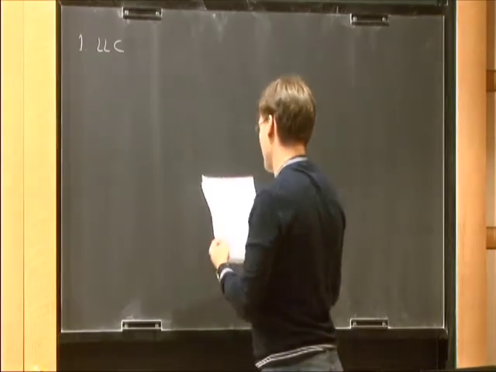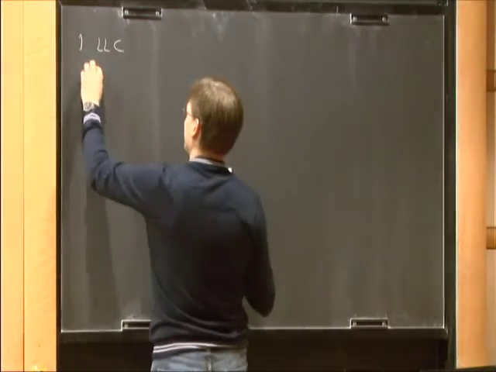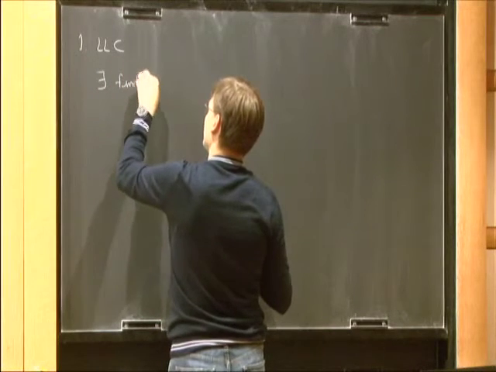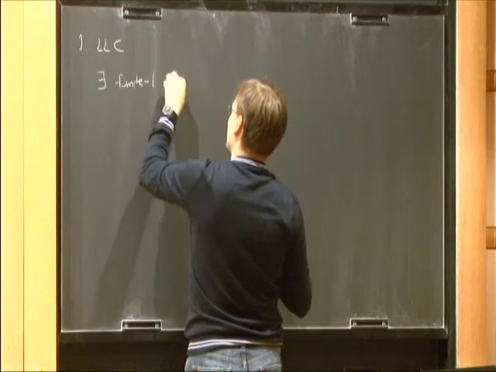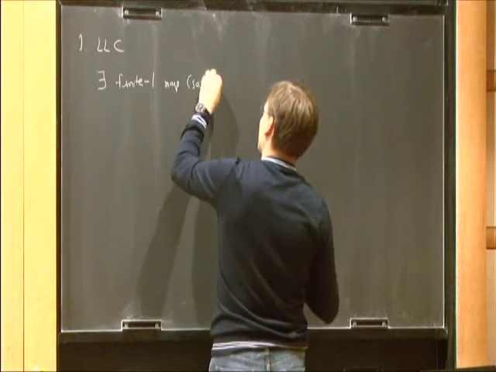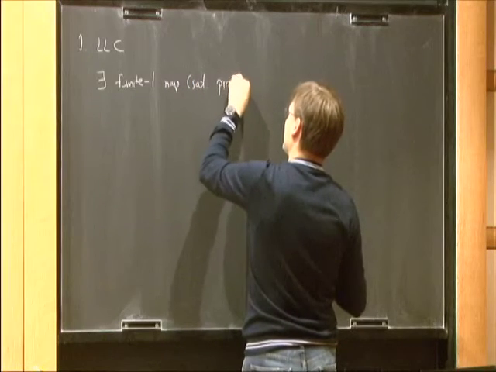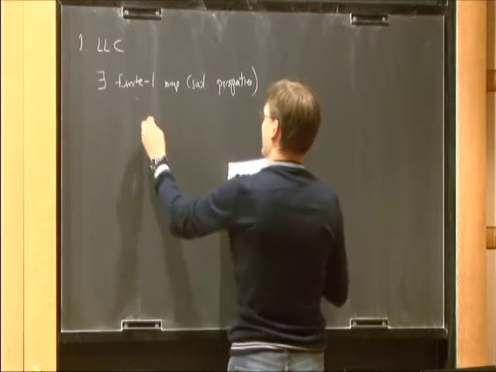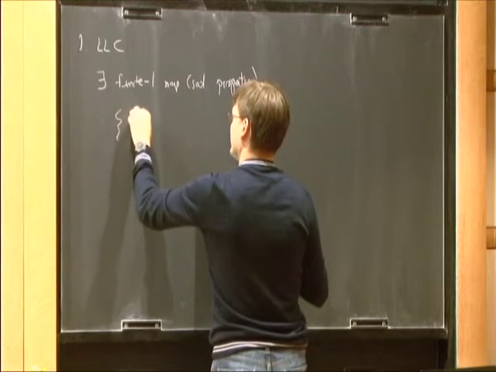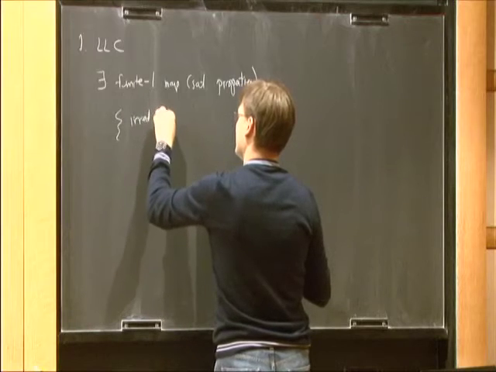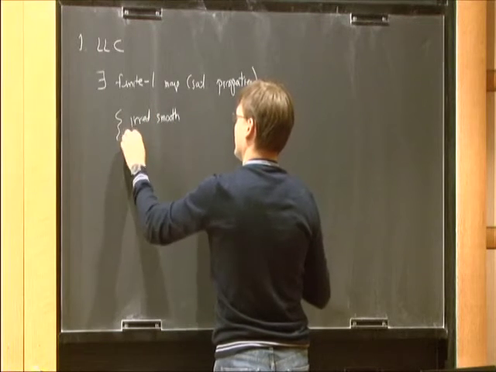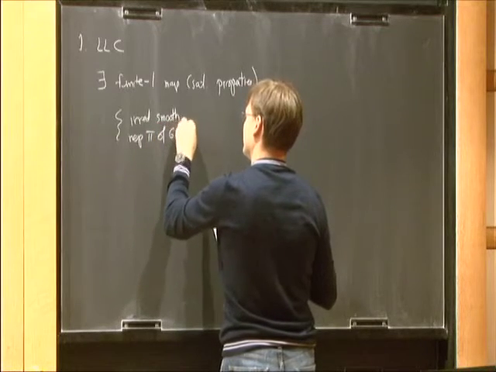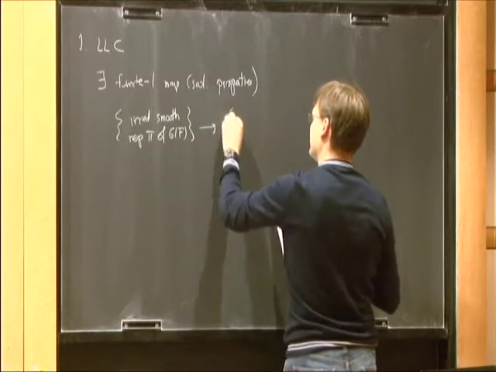The local Langlands correspondence says basically that there exists a finite to one map satisfying some properties, which I won't write down most of them, but write down one of them, from irreducible smooth representations pi of G of F to